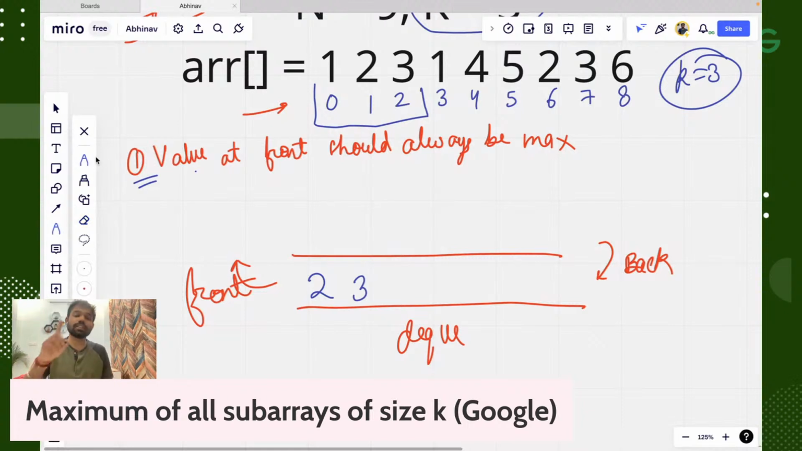But we need to check one more thing: whatever index is in our front, it should be inside our window, because we are taking window of size 3. Okay, so look here, suppose you are at index number 5, so what will your window be if k is 3? Tell me this. If you are at index 5,